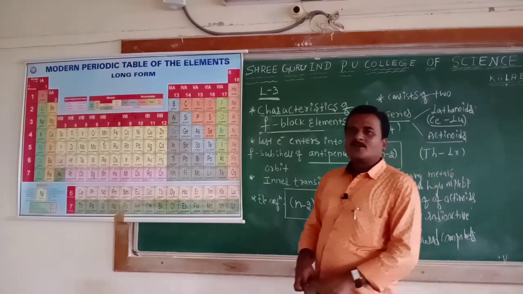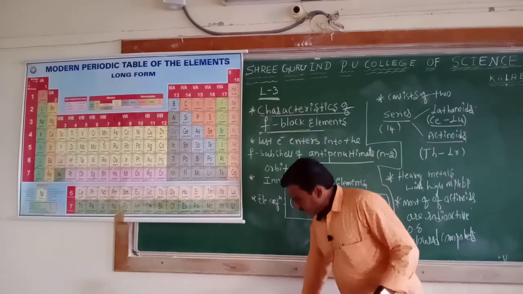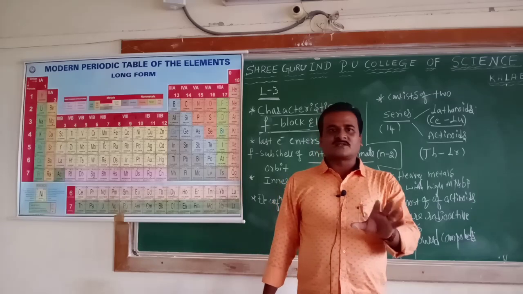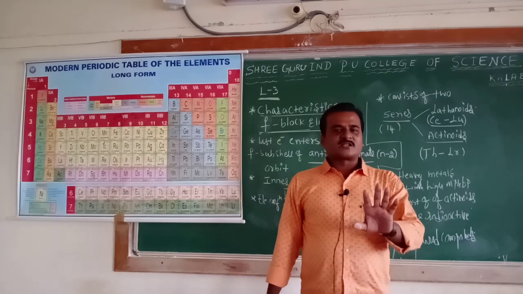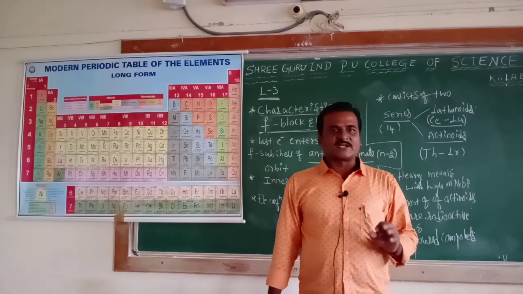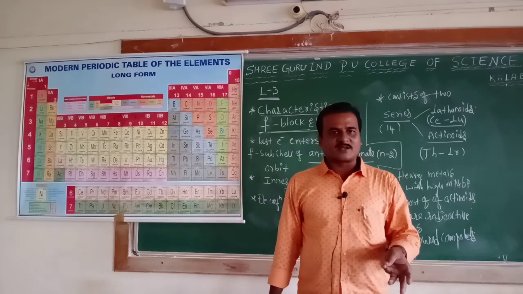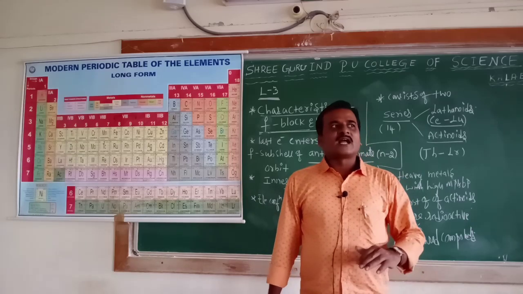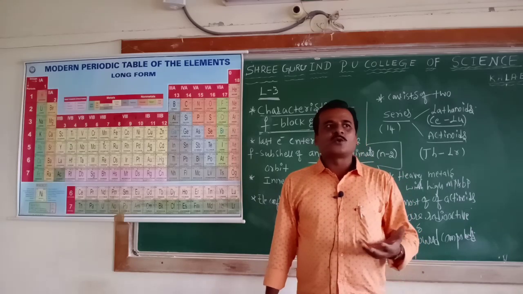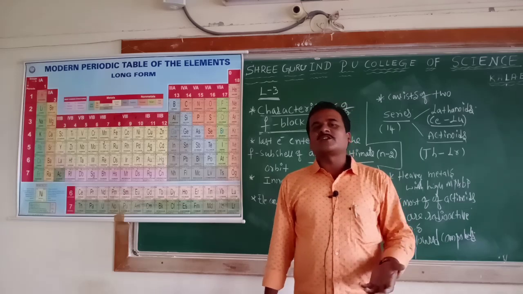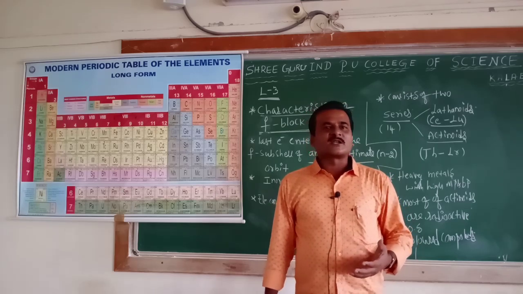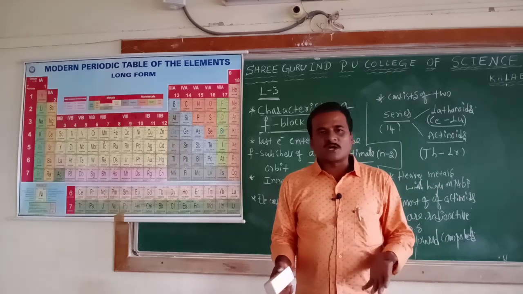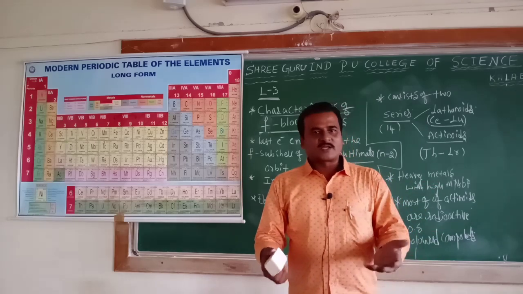Lastly, before I conclude today's class, the total elements of the periodic table based on the electronic configuration are classified into s, p, d and f block elements, what we have collected in detail just now. And in the next video we will collect the nomenclature of the elements with atomic number more than 100, how to name them according to the IUPAC rule. We shall look at it in the next video.